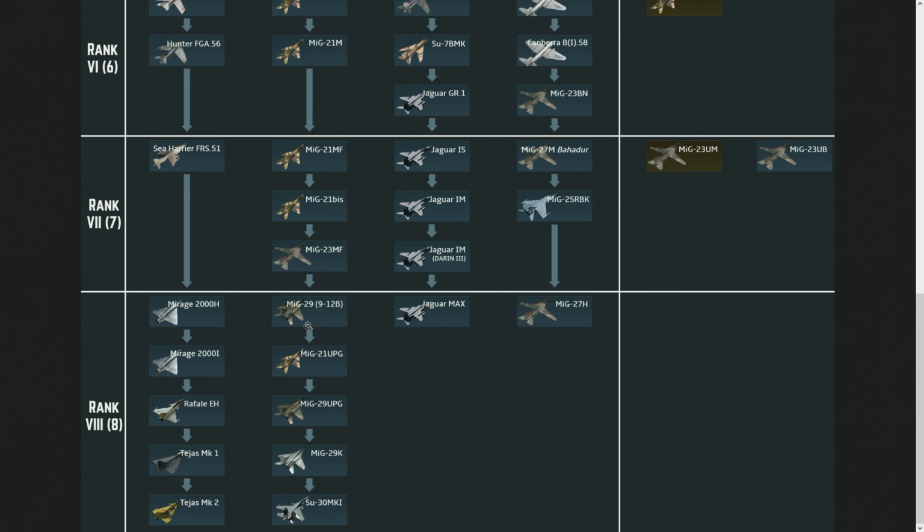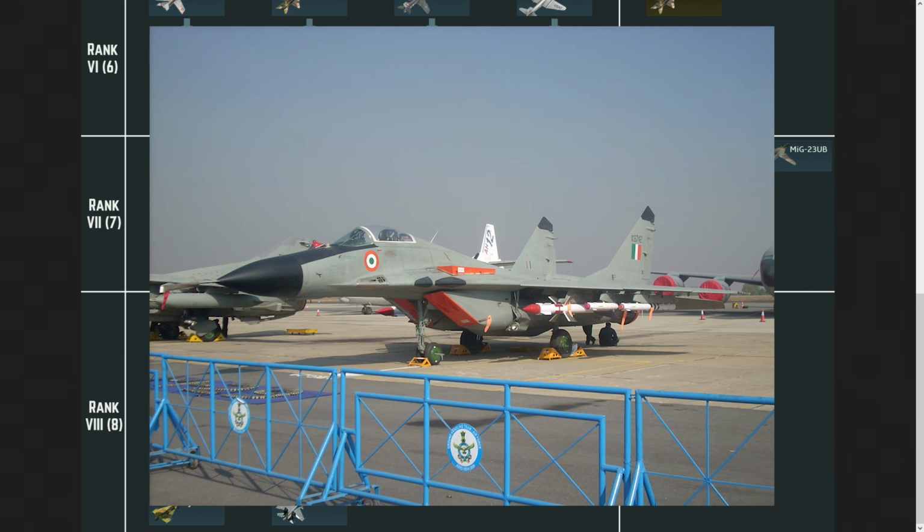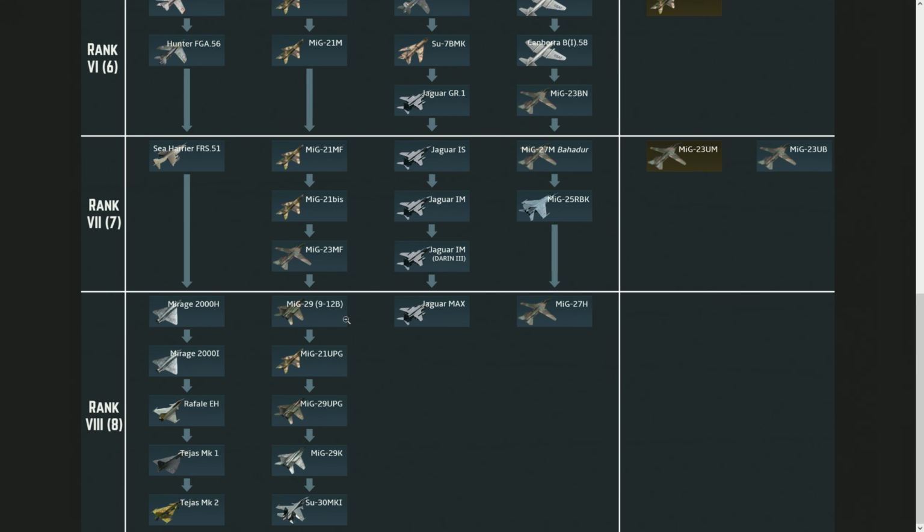Then we go for the MiGs over here, MiG-29 912B. Obviously, normal MiG-29, but being the 912B, it is the less trusted countries' export model, right? So it is basically the same as the 912A, but it has less complex systems. And the main thing that you would notice is that this one literally cannot use the R-27T. So yeah,